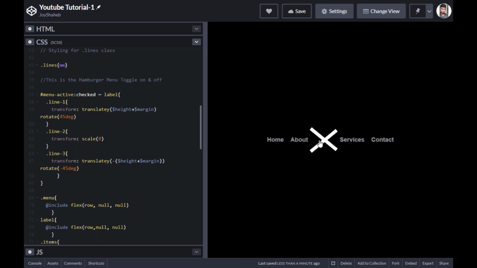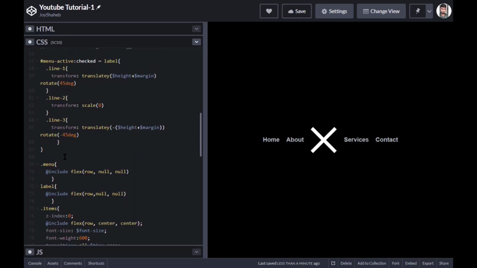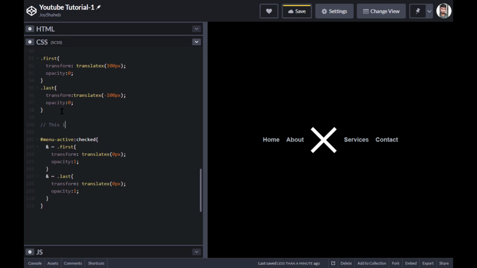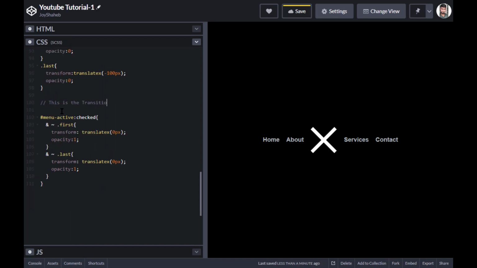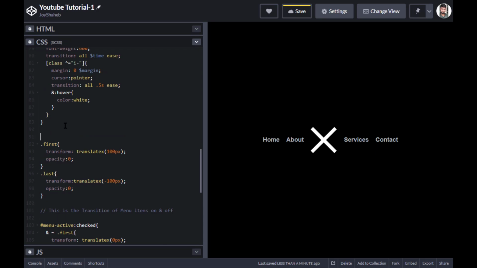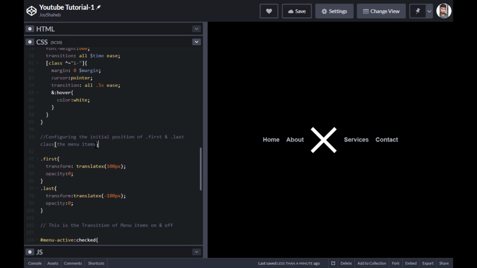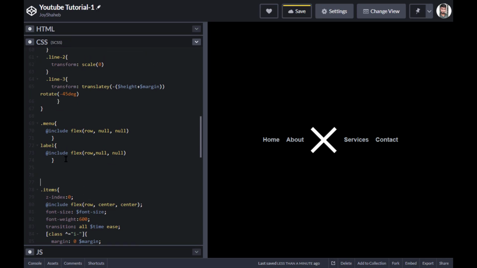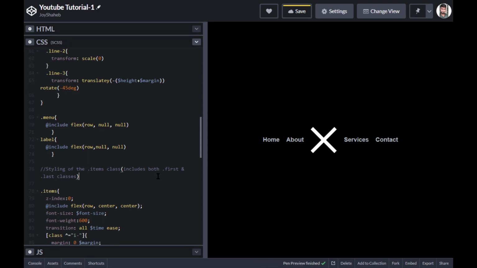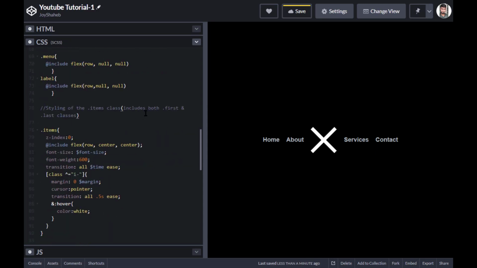See? Alright. So we're done. Let's write comments, okay. This is the transition of menu items on and off, and over here write configuring the initial position of .first and .last class, I mean the menu items. And then over here I'm gonna write styling of the .items class includes both the first and last classes, which means that this code block is targeting